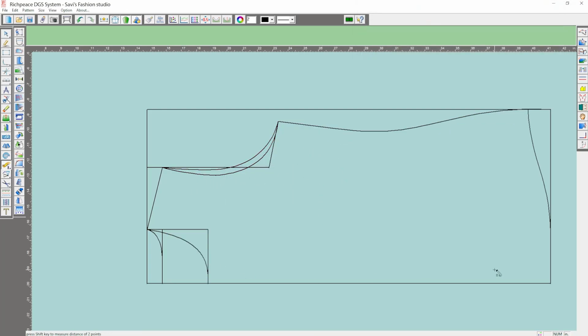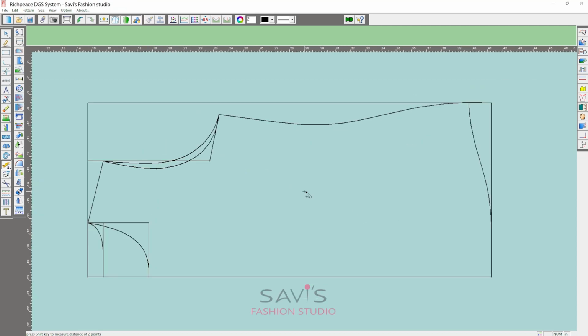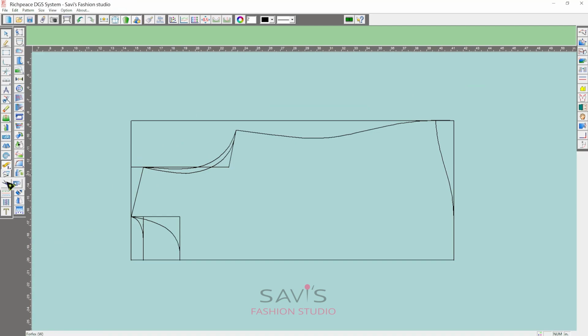Okay, now this is called the design line. There is the initial work you do with back and front everything together. Now you need to separate the back and front from this, which is the pattern. So how to separate? For that you need to click on the forfex tool, or the tool with the scissor